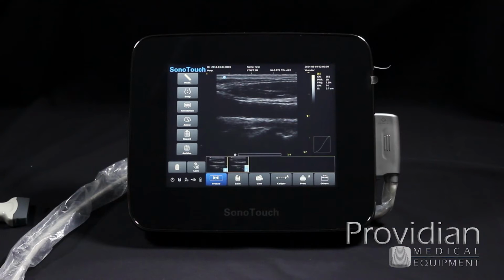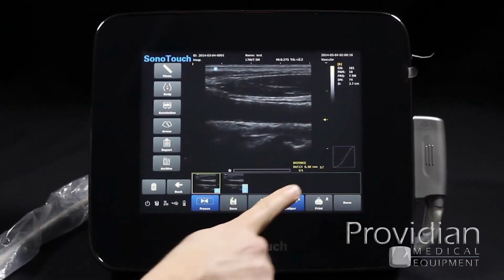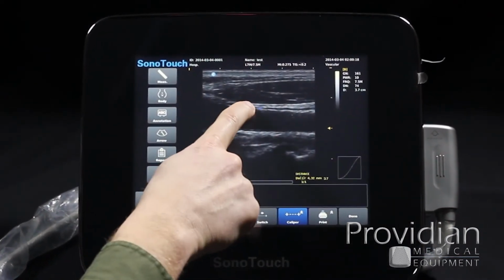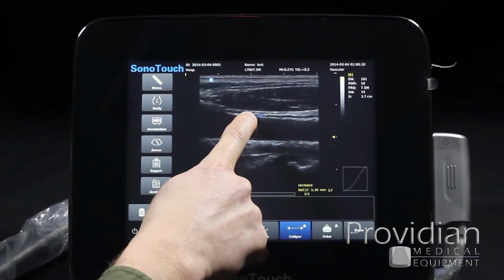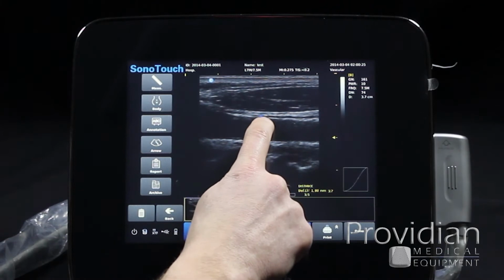Now let's take a look at the measurements. If I want to take a quick measurement, I can hit caliper. Down here it's going to show the result. I hold here, move my cursor to where I want it, and I have a blue one, and I'm just going to click